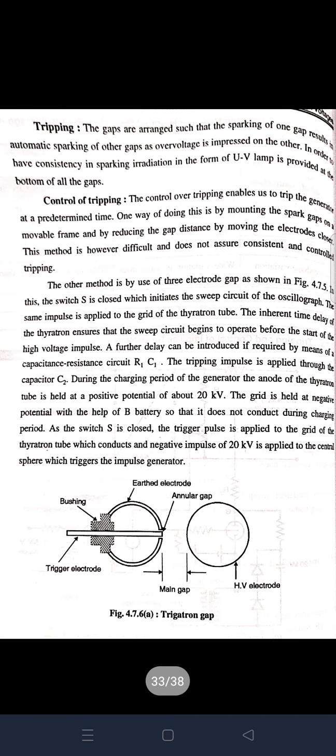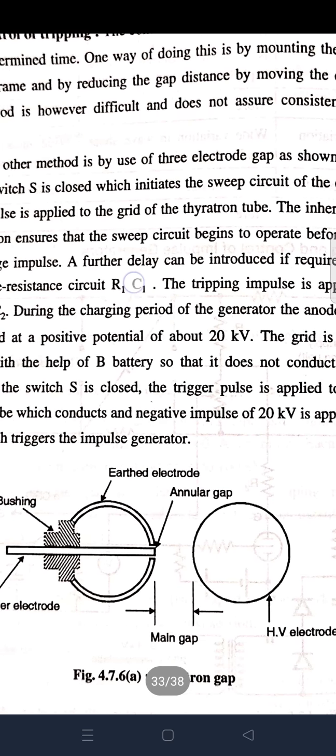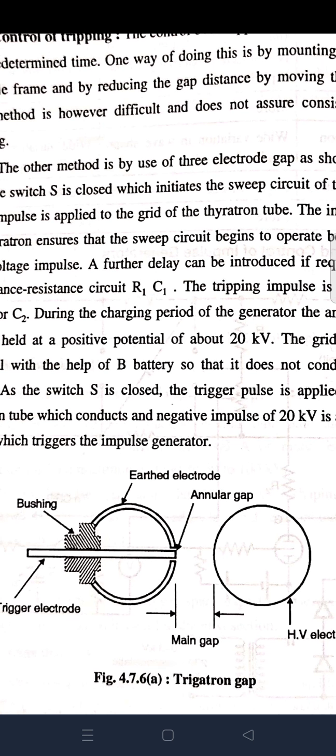Okay, here we show the trigatron gap. The 3 electrode gap requires larger space and elaborate construction. The trigatron in comparison requires a much smaller gap. It consists of a high voltage spherical electrode of suitable size, an earth maintained electrode of sphere shape, a trigger electrode